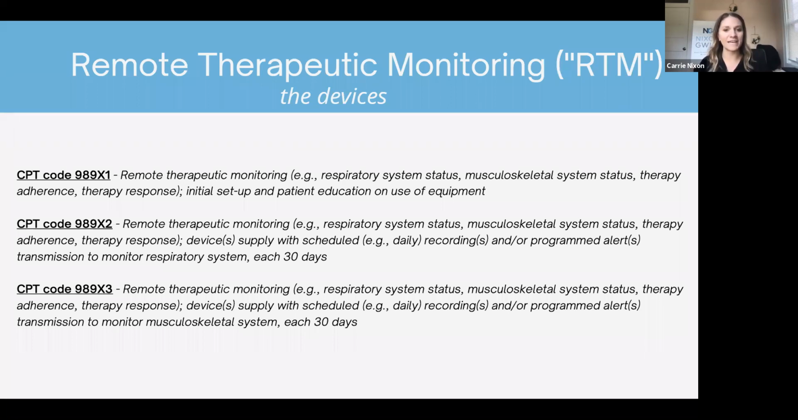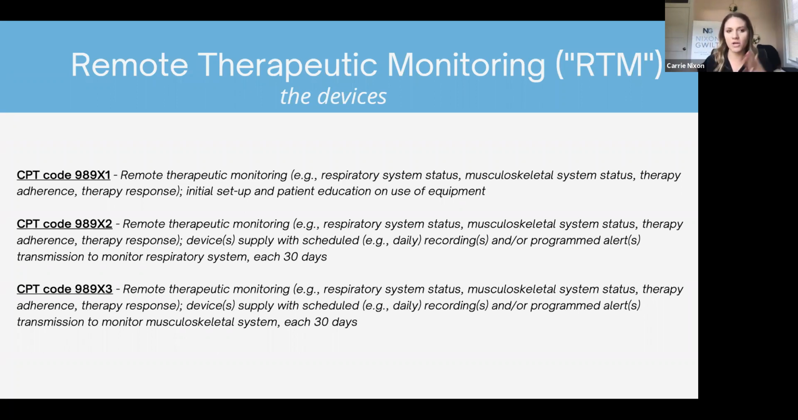there is one device code that is specific to providing reimbursement for supply of RPM devices. And there is one code that provides reimbursement for initial setup and education on those devices. We have the same thing here for RTM. They've proposed 3 codes related to devices for RTM. The first is that initial setup and patient education on use of the equipment, which is